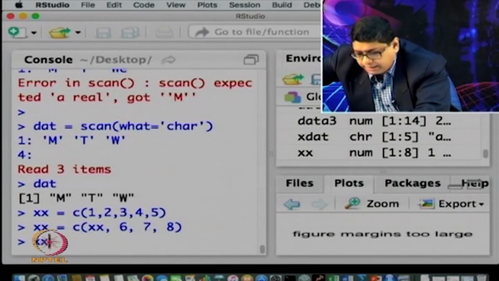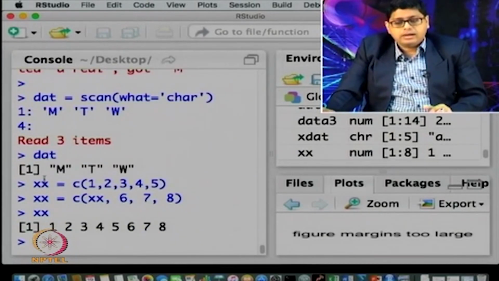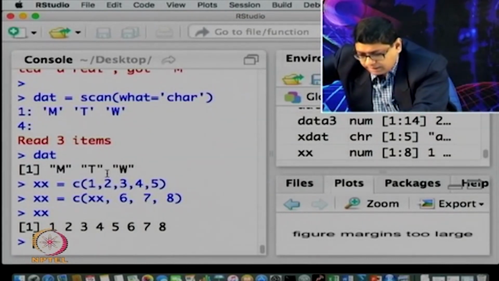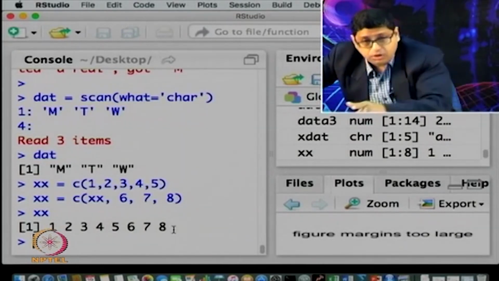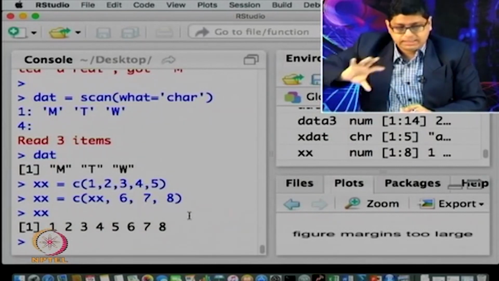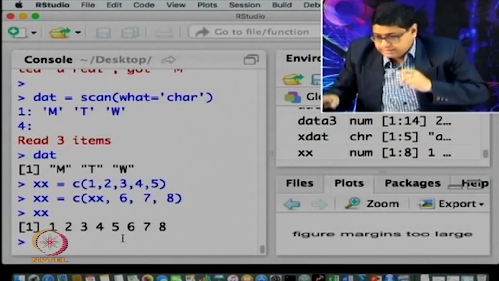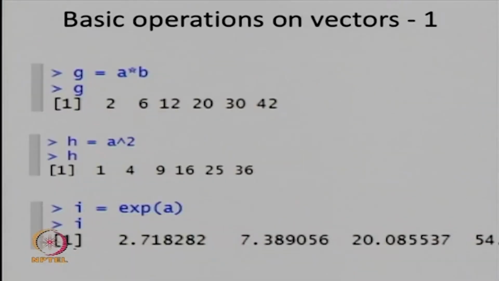Okay. If I write xx now, you see it has added. So, it is possible to add numbers into a particular vector, and as I had shown you before, the order of the xx does not matter. I could have well written C of 678 comma xx, in which case the vector range would have been changed. Okay. So, if I go back to the presentation,